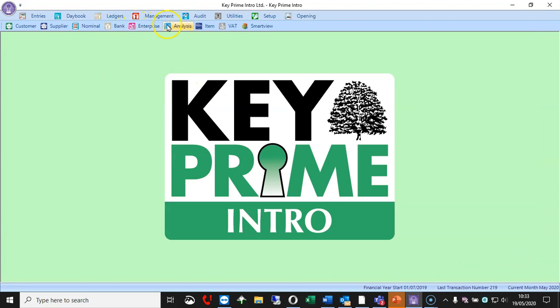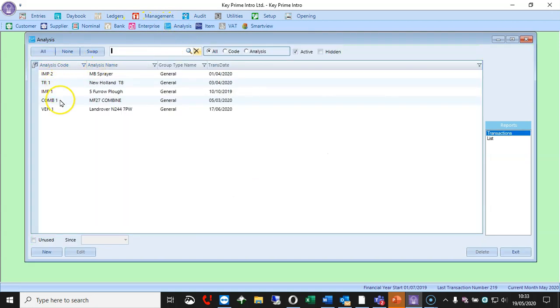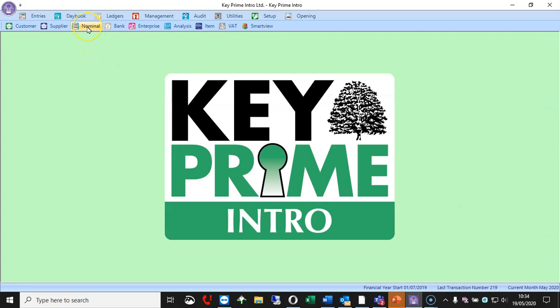Lastly, on the analysis type thing is the actual analysis codes, which we can use for, as I say, bits of kit, projects, cottages, that sort of thing. And again we can have transaction reports there. But we would have checked them all under that nominal in the first place. Items are useful for data entry and potentially analysing out sales and purchases further, but they're not necessary for a year end, and a lot of you potentially won't be using them, but that's not a problem.